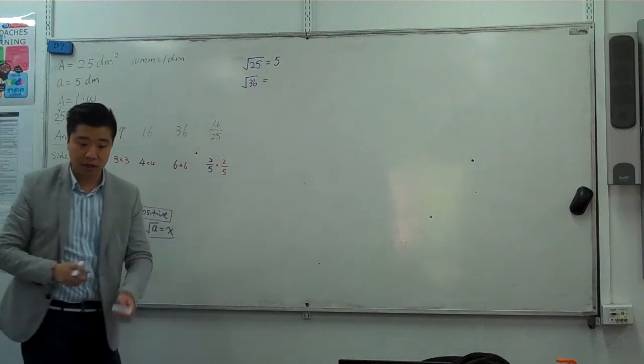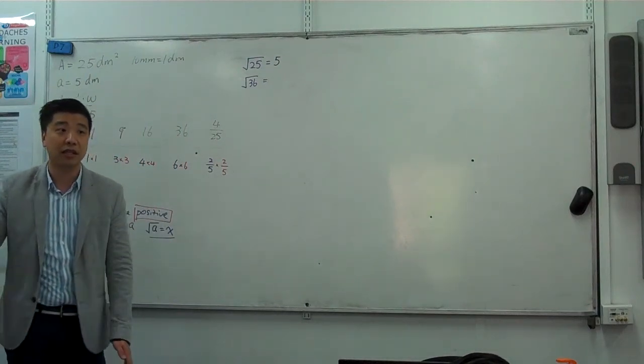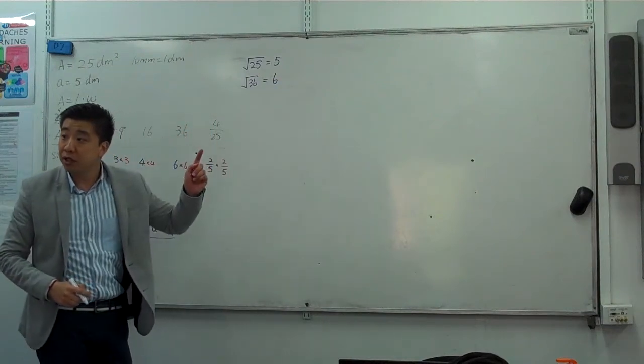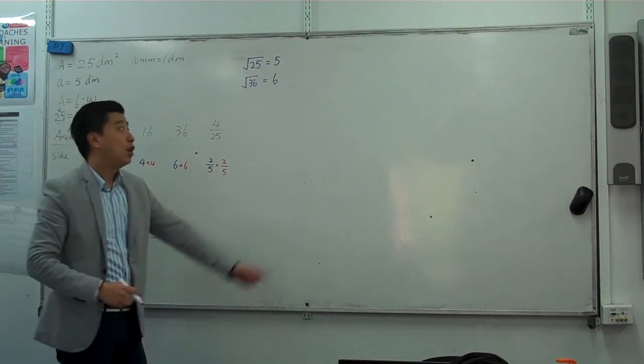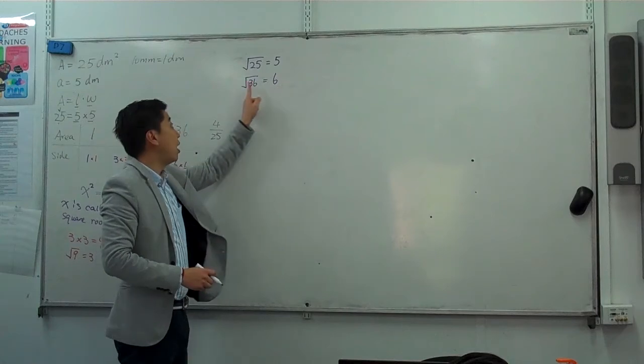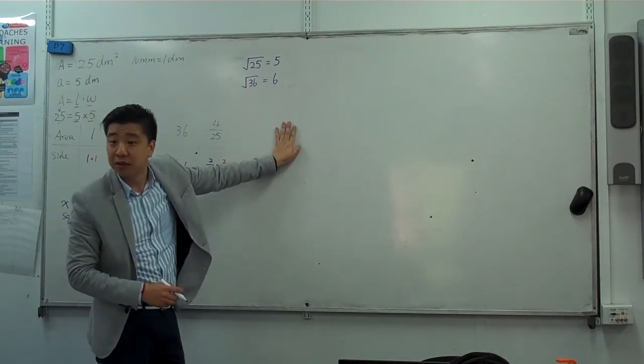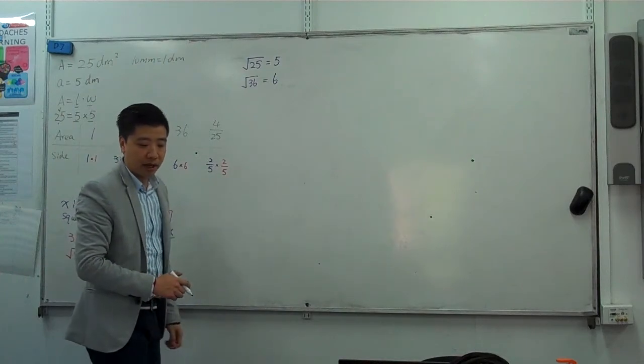Can you tell me the answer of this one? Square root 36 is 6. This question means, please tell me a number. You square this number, the answer is 36. Okay? It's not very difficult, isn't it? Alright? Now, let's have a look at